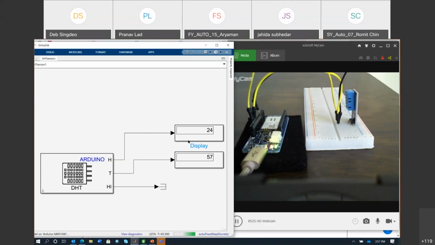So the humidity level dropped, and at the same time the temperature, if we look, it actually jumped up, right? So this is how I'm able to capture the local sensor data at my particular location, temperature and humidity. So if I let it rest, slowly it will start going back to the previous condition.